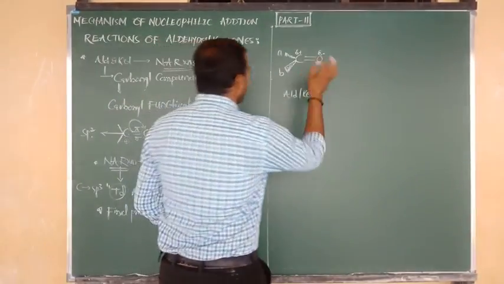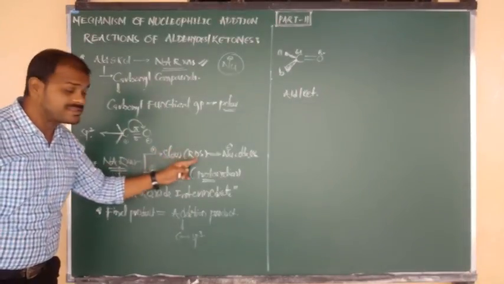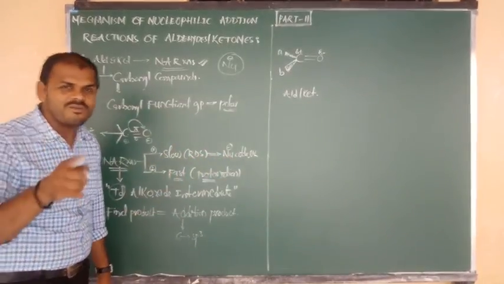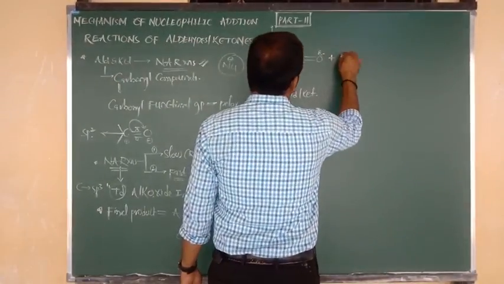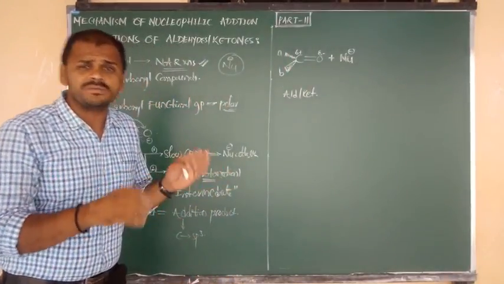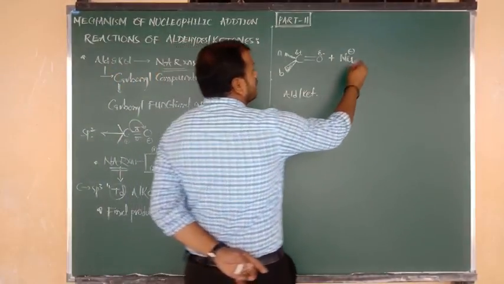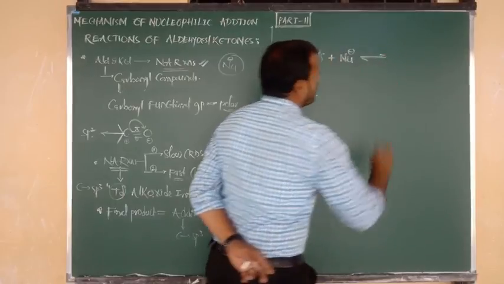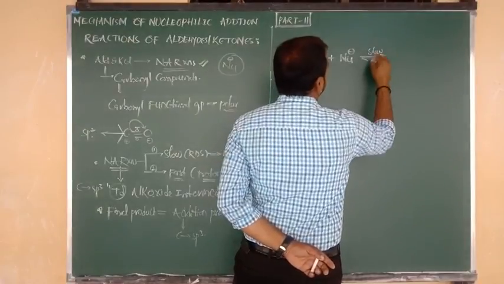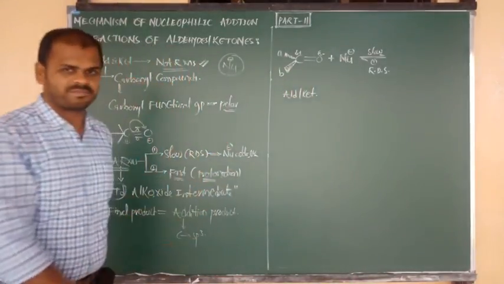Next, now I am going to follow step 1. What is step 1? The slow step, which is nothing but the rate determining step. It is determined on the basis of nucleophilic attack. Now we have to attack the nucleophile, Nu minus. Otherwise, we can consider CN minus, OH minus, like that as you wish. I will tell you a number of examples. First of all, see the mechanism. This is the slow step, and also it is a reversible reaction. This is the first step, also called the RDS, rate determining step. Clear?